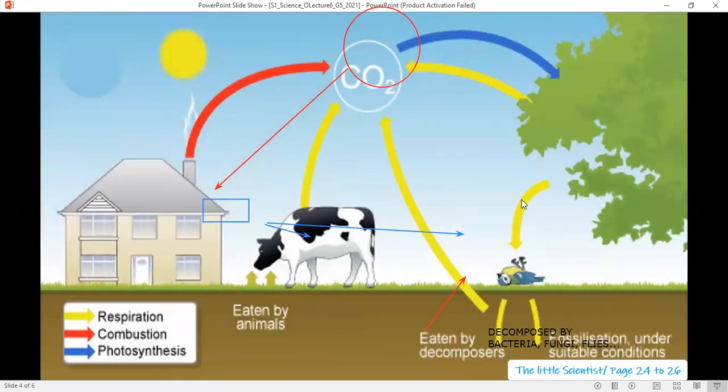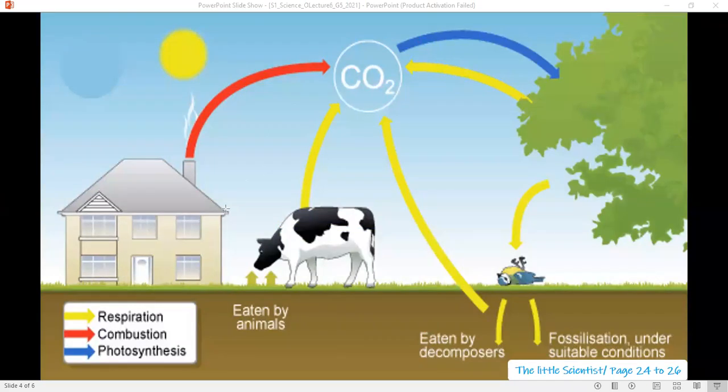What happens during the day? During the day, there is sunlight. So what is the plant doing? Look at the blue arrow, okay? This one right here. The plant takes carbon dioxide from the air, water from the soil, mixes them, using sunlight energy to make